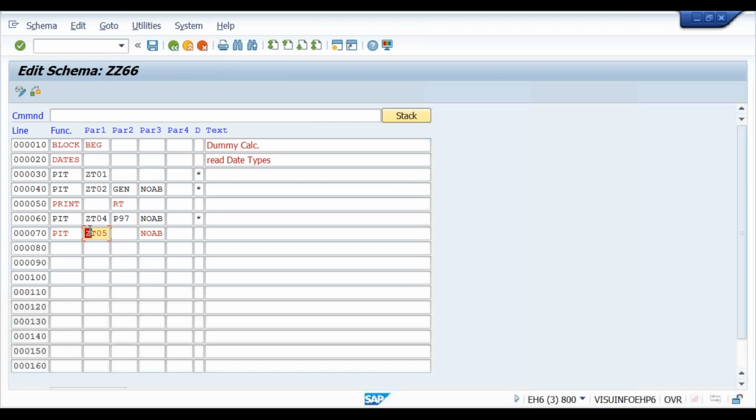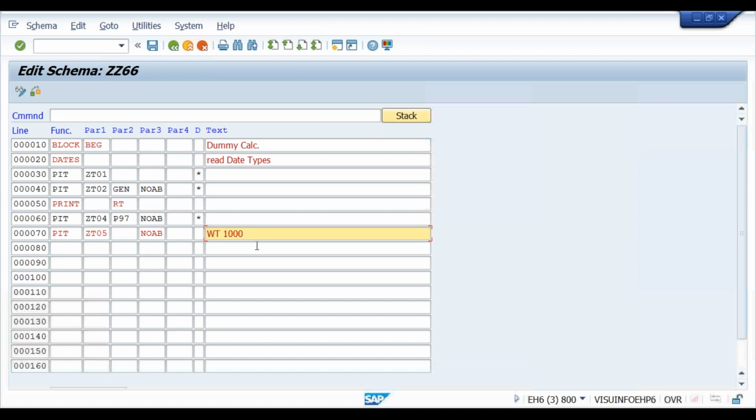So there is something calculated here. What is that? Wage type 1000. Wage type 1000 is calculated. Now if this rule is deactivated, this wage type 1000 is not calculated.